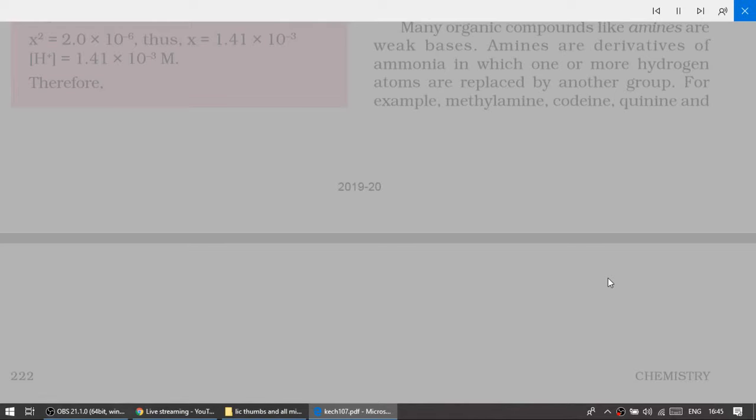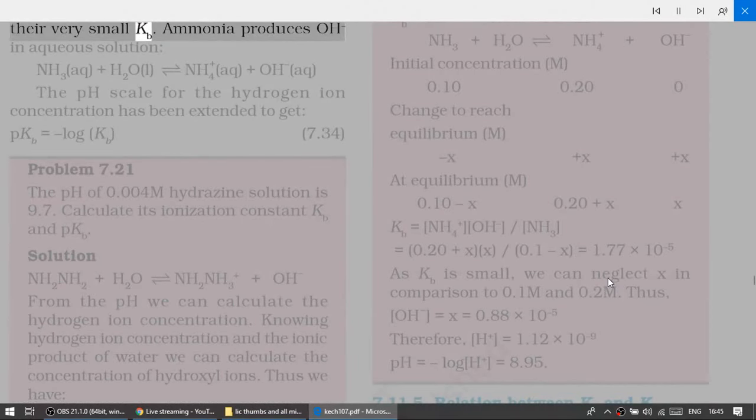nicotine all behave as very weak bases due to their very small Kb. Ammonia produces OH⁻ in aqueous solution: NH3(aq) + H2O(l) ⇌ NH4⁺(aq) + OH⁻(aq). The pH scale for the hydrogen ion concentration has been extended to get pKb = −log Kb. (7.34)